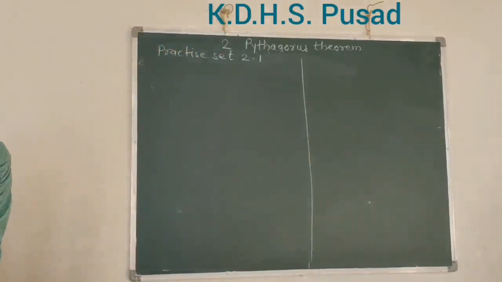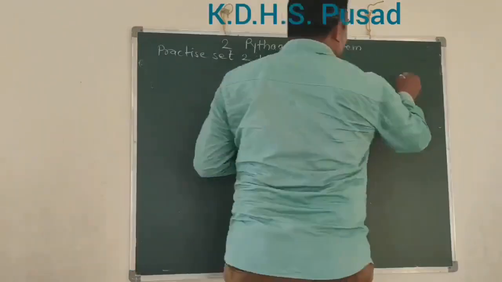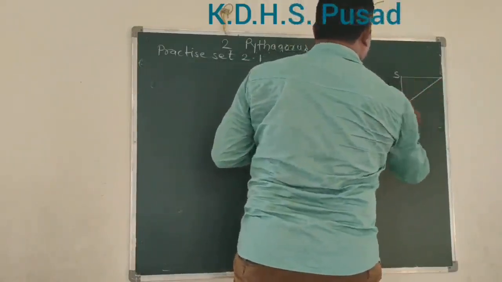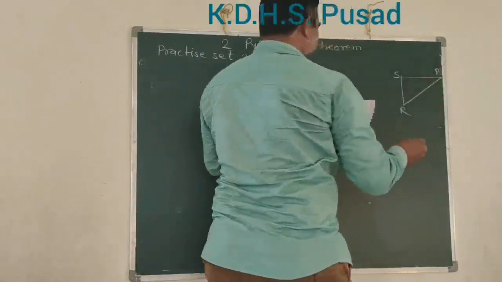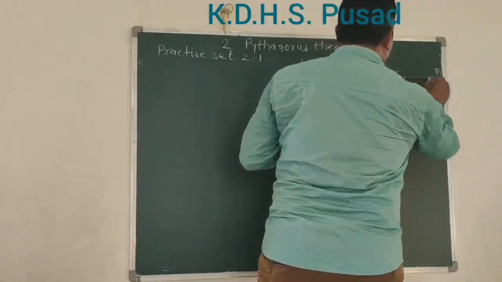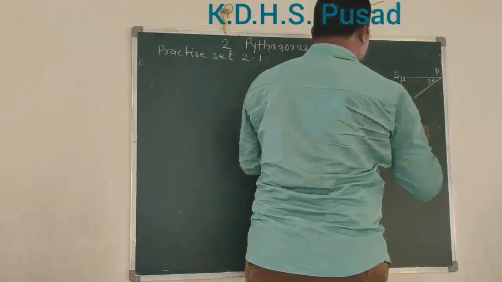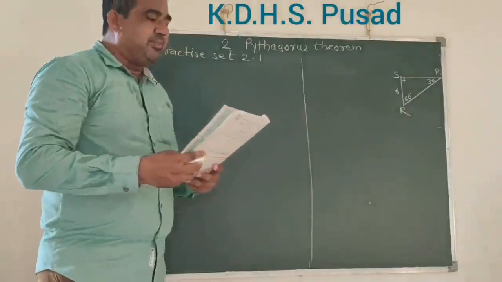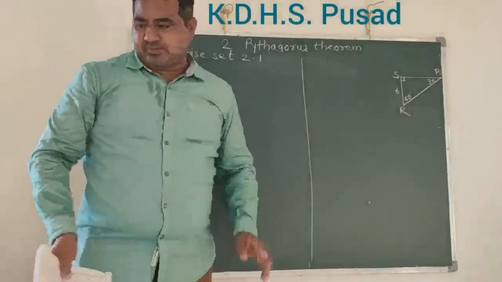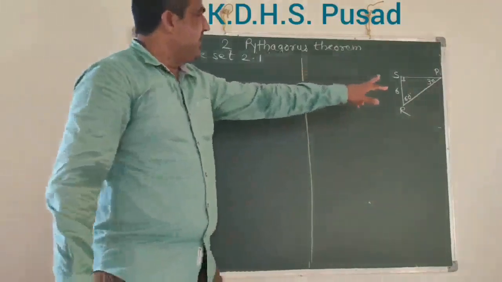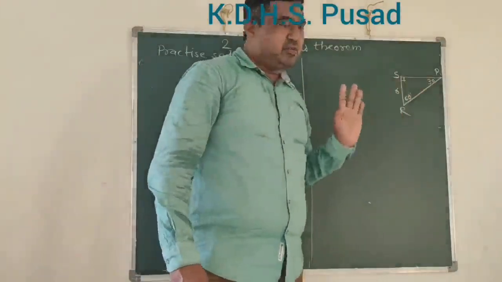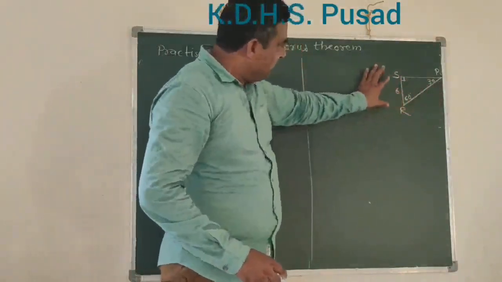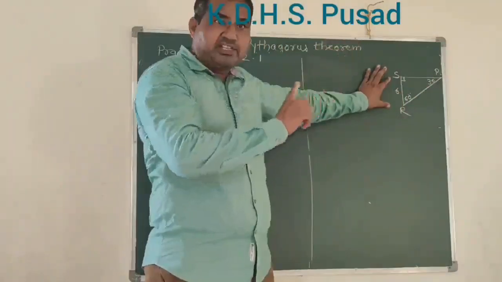Now, question number 4. Such a figure is given to you. Here are 90 degree, 30 degree and 60 degree. The value is given to you: PSR is 6. Find the value of RP and PS using this information. Now check your diagram. 30, 60, 90 is given to you. Then find the values. First of all, we find PR. This value is given. Now check, this is opposite to which angle?